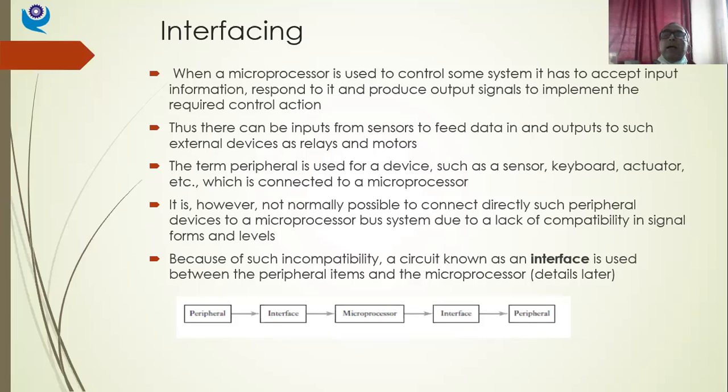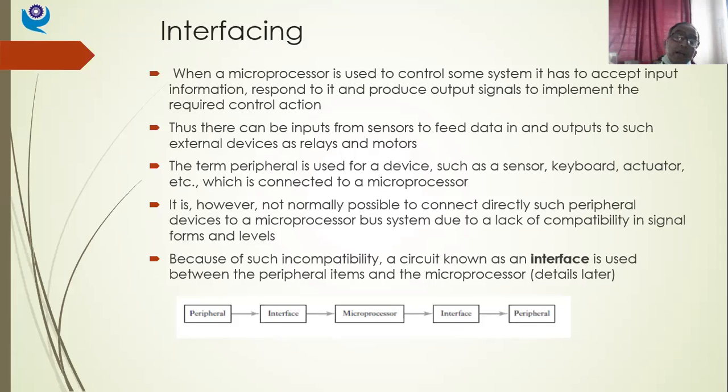Microprocessor can process it only in a certain way, so that signal should be modified accordingly. You cannot take the sensor signal directly and give it to the microprocessor. It cannot receive it, it cannot process it. So this is from the input side of the microprocessor.